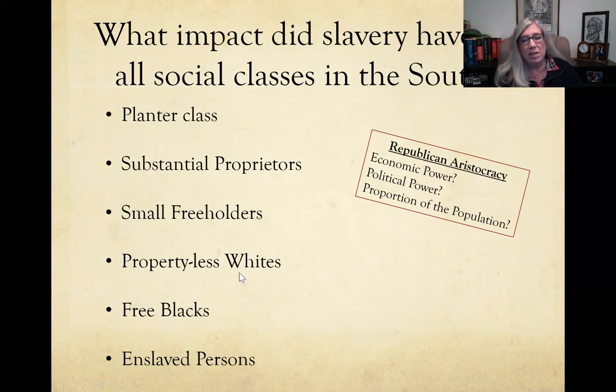But when you tie all of this together and you begin to look at power or agency, agency is another word that historians often use for power. When you're looking at economic power, again, that's going to be centered here in this white landholding class. Political power, even though we have universal white male suffrage where these people can vote, the people who are being elected tend to come from this landholding group. So again, you've got this smaller part of the population that is controlling the economy and controlling the politics within